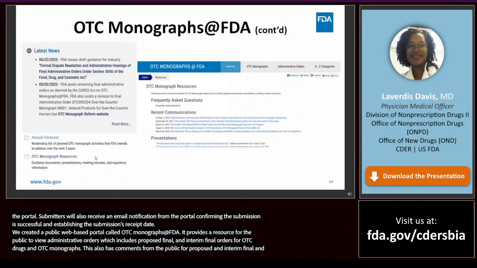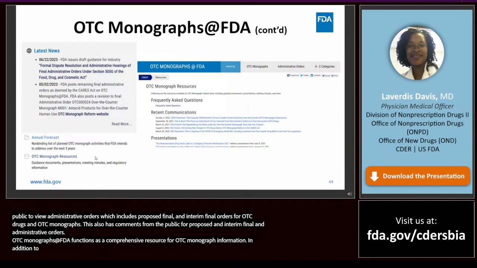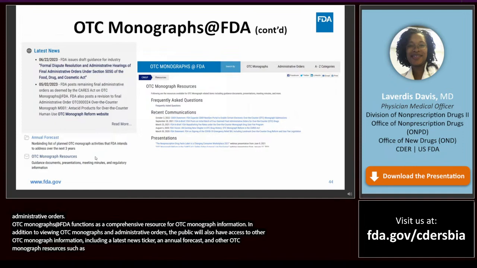OTC Monographs at FDA functions as a comprehensive resource for OTC monograph information. In addition to viewing OTC monographs and administrative orders, the public will also have access to other OTC monograph information, including a latest news ticker, an annual forecast, and other OTC monograph resources such as frequently asked questions, past presentations, relevant guidance documents, and more.